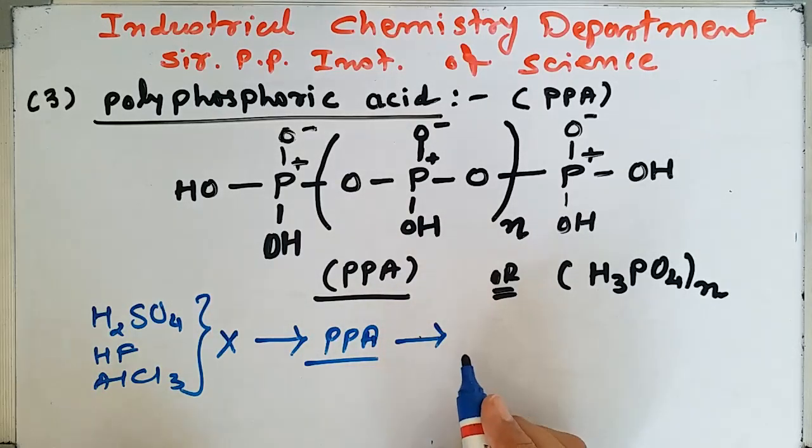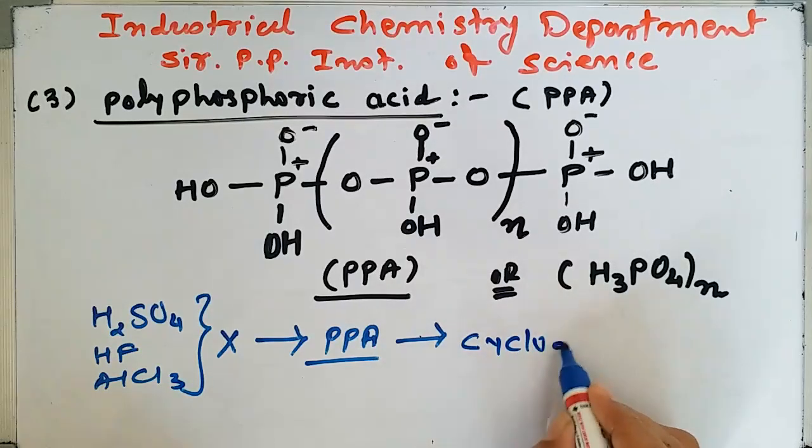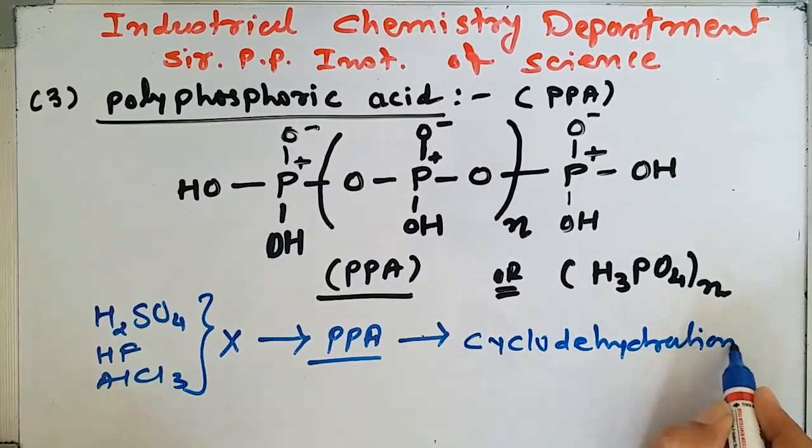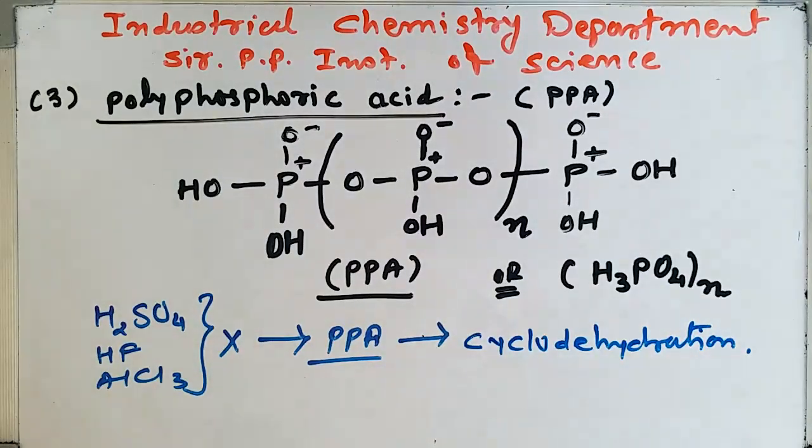A very important application of polyphosphoric acid is in cyclodehydration. The use of polyphosphoric acid over sulfuric acid is due to the fact that it has no